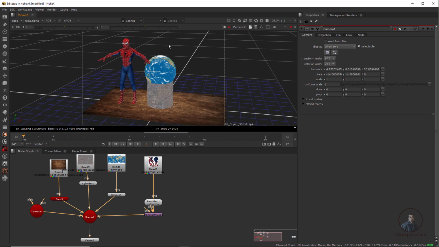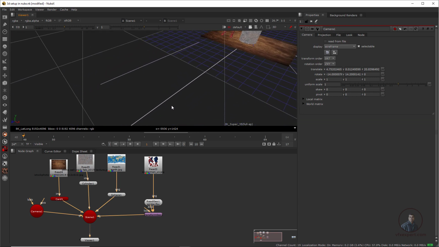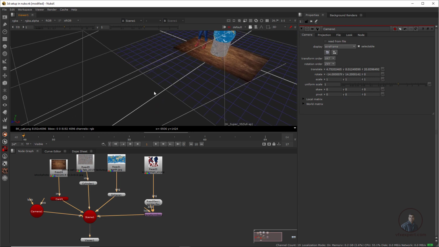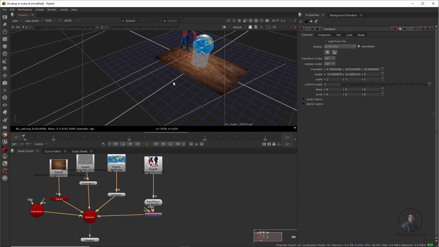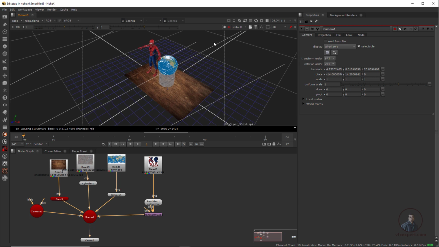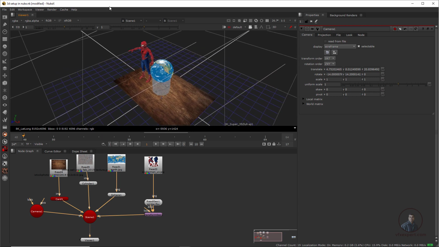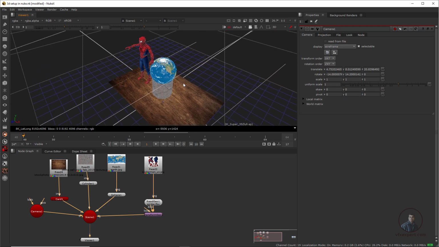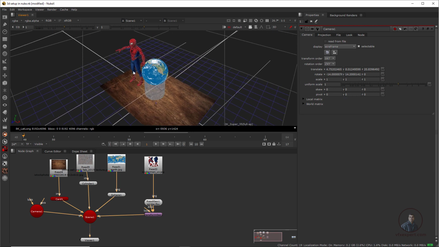You can also create a new camera from your perspective view. Again, simply click here on default. Here I have set this view to perspective. Now you can see we are inside this perspective view. Remember this one. Now if you want to set this perspective view as a camera view, then simply click here again and you can create a new camera.